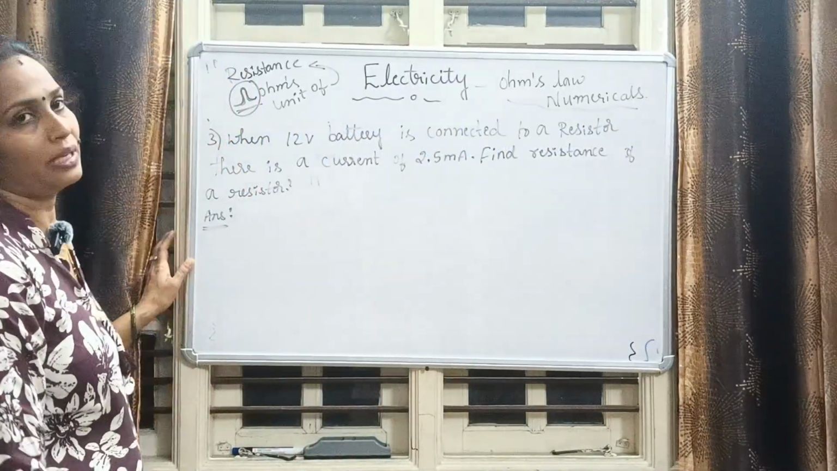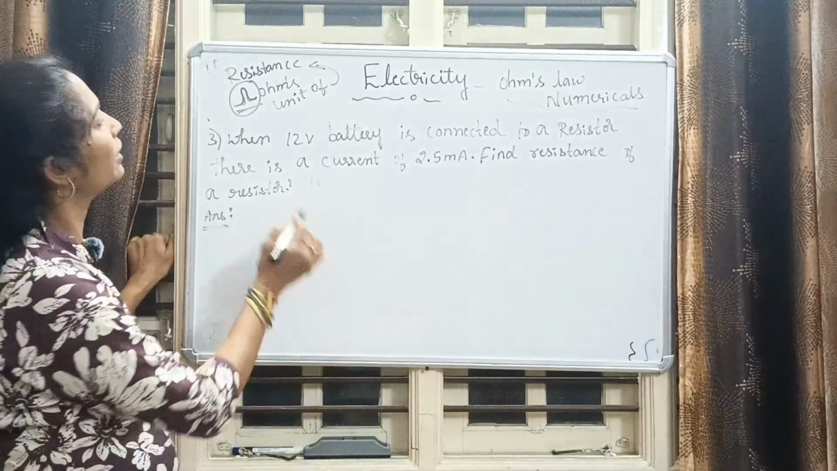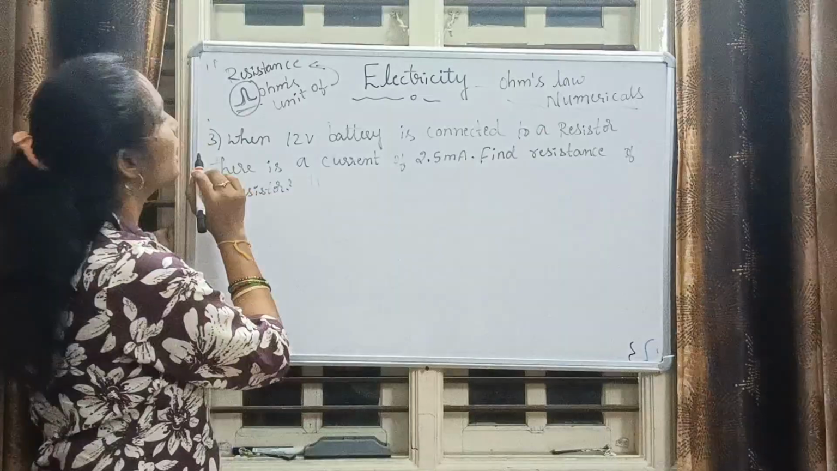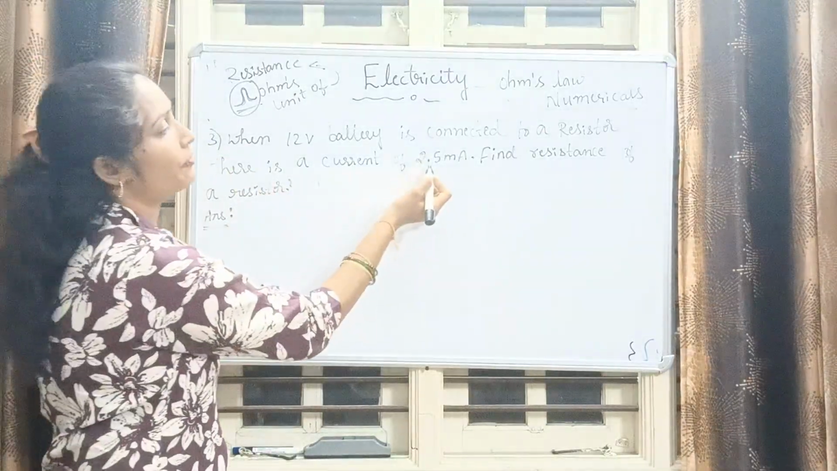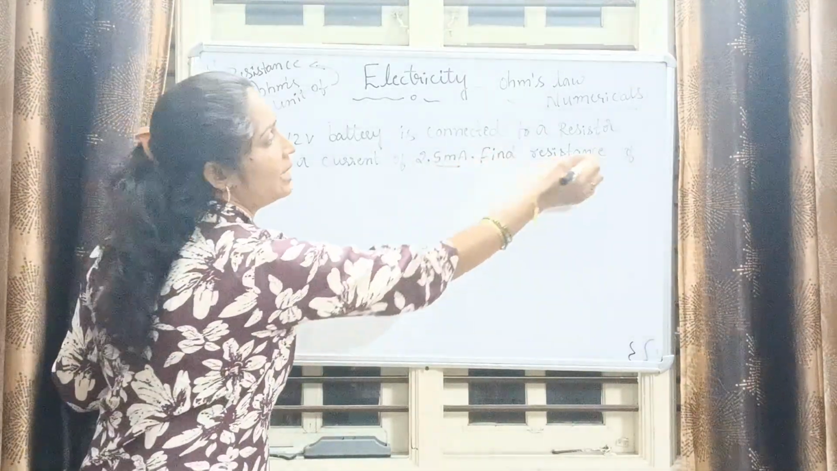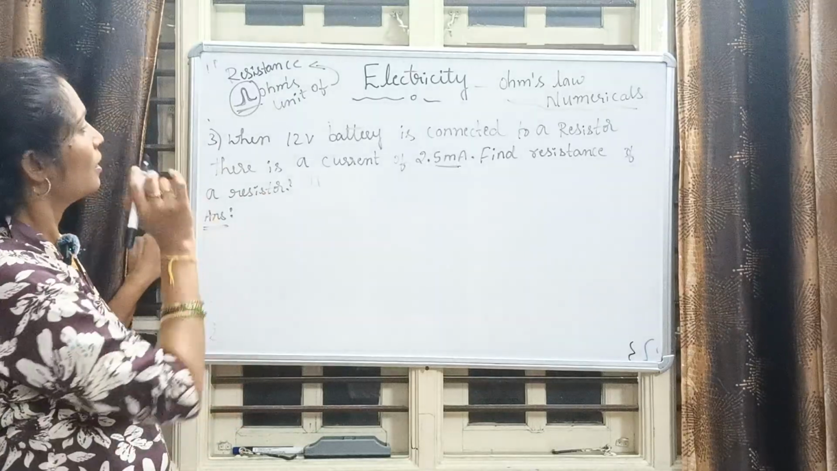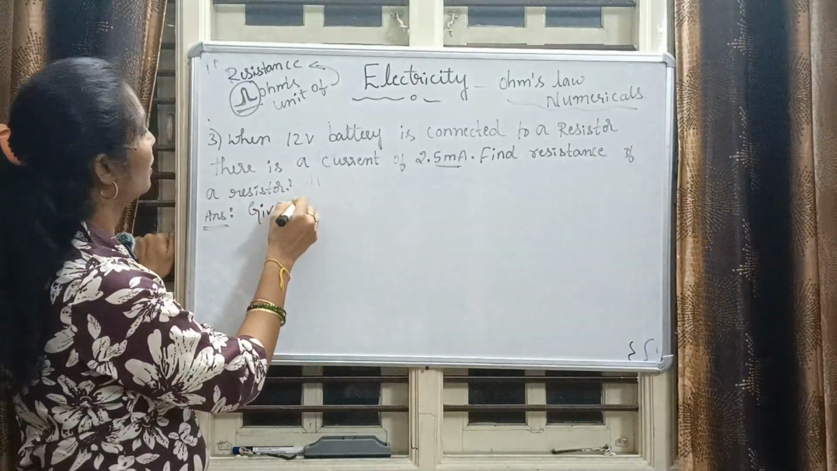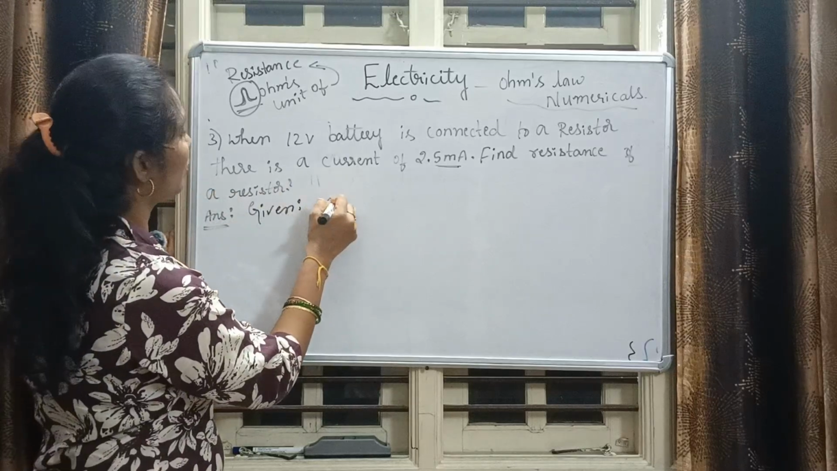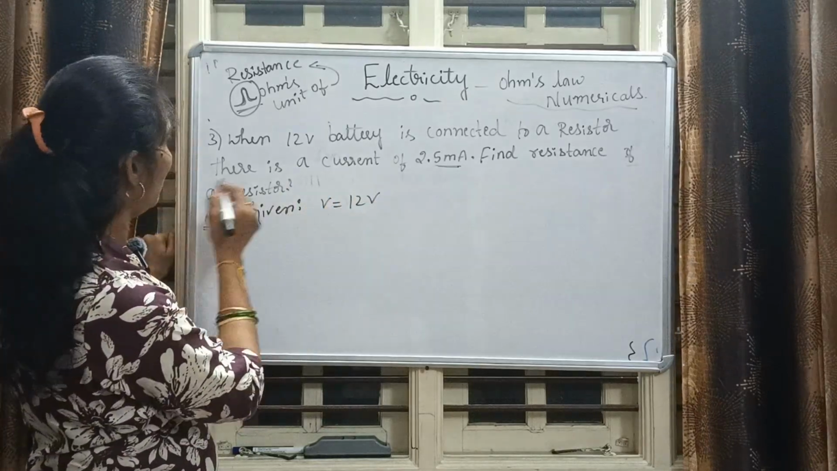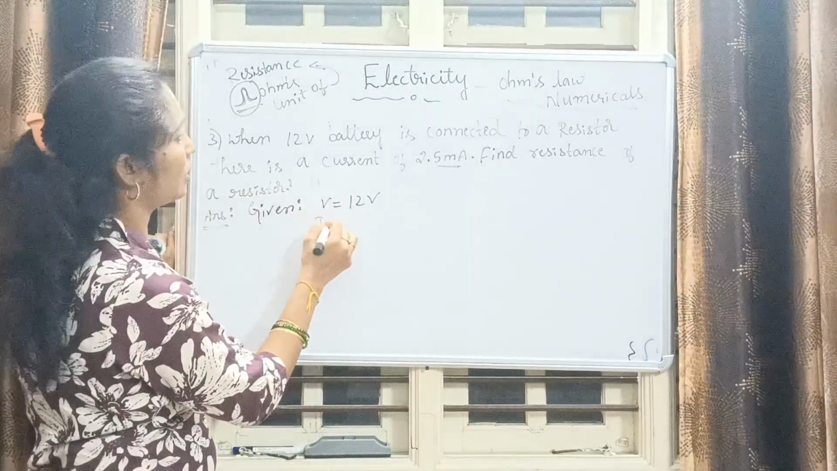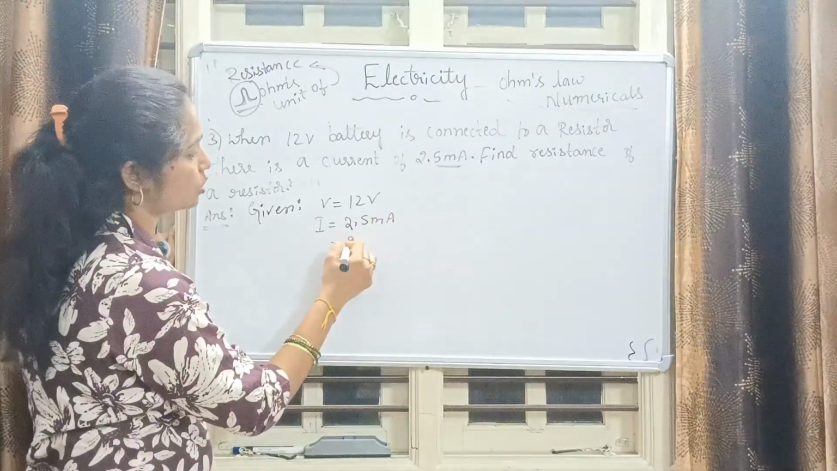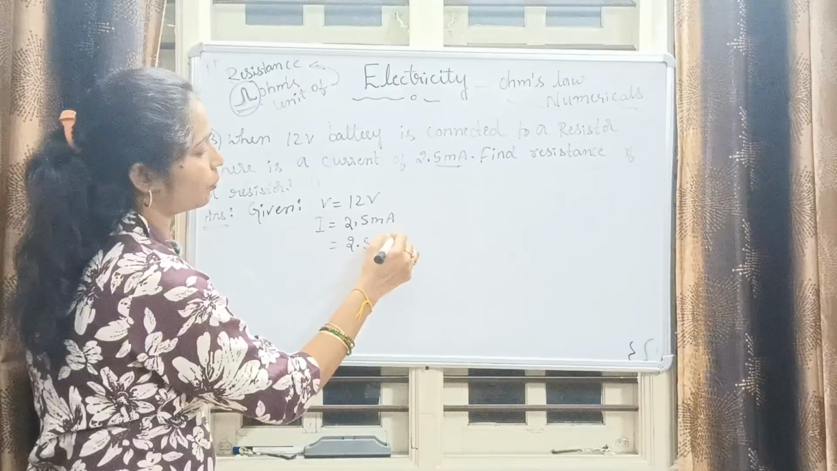This is your next problem in an NCERT textbook. What they had given: when a 12 volt battery is connected to a resistor, there is a current of 2.5 milliampere. Find the resistance of the resistor. Just write down the given points. V is equal to how much, guys? 12 volt. And the current I is equal to 2.5 milliampere, that is 2.5 into 10 to the power of